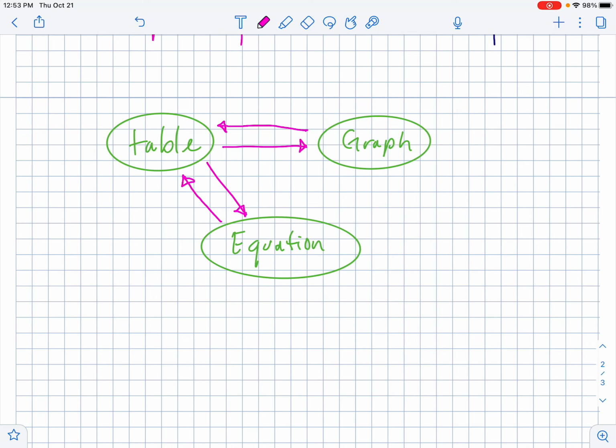Certainly, given an equation, you could definitely come up with a table where you can pick certain x values, plug them in, and then put them in the table. Now, let's see, graph to equation. I don't think we really did that too often. I think usually we had to go this route first, where you turn it into a table and then into a graph. Or if I gave you a graph trying to turn it into an equation, you would have to go this route as well, turn it into a table first and then over to the equation. I think later on down the road, we'll get better at this, of going between